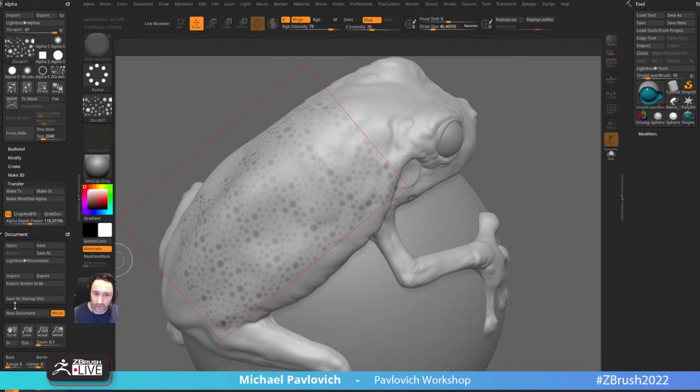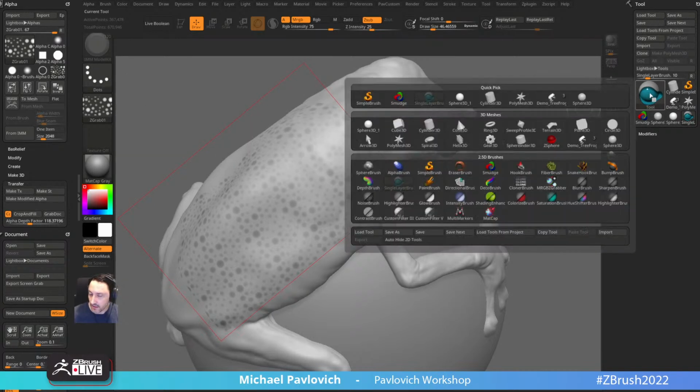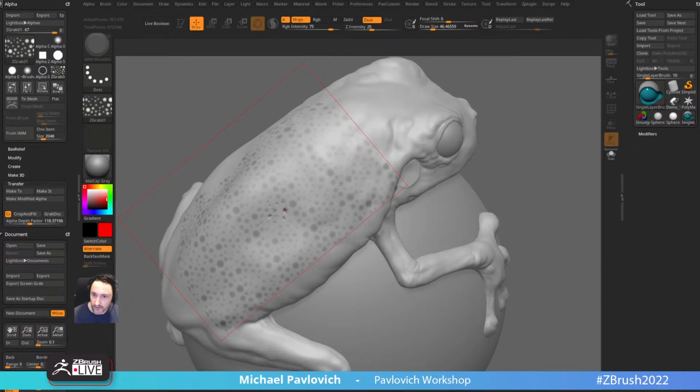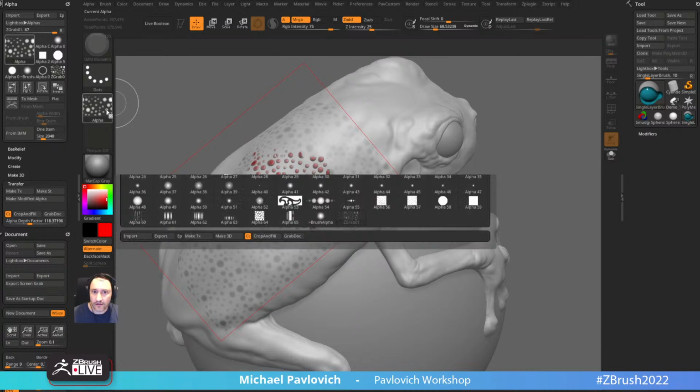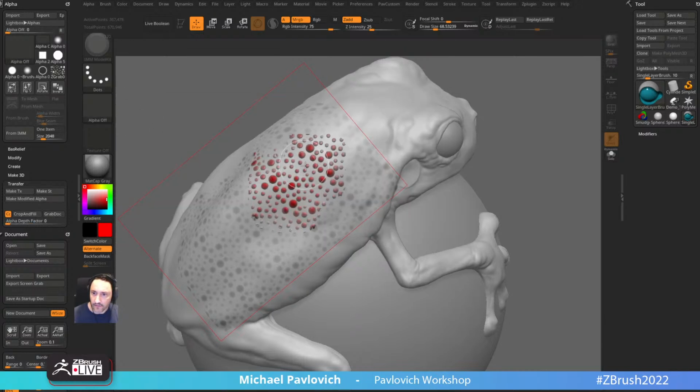And then once we're done, because we're dropped 3D, we can switch this back over to a dot stroke. Single layer is probably fine. You could even do it with polypaint if you wanted to. So while you're polypainting, oops, let's set it to Z add. So while you're polypainting, it'll actually go through here and start, let's turn that alpha off. There we go. So we're going to use our stencil and our